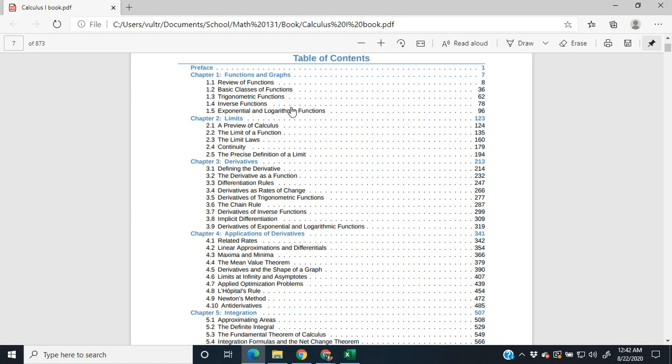The first chapter and the first unit is functions and graphs. This is really just a review of algebra, so make sure that if you're struggling in anything on those, you go grab your algebra book and take a good look at it, because there's a lot of algebra that's going to go forth in calculus. Much of what you do in calculus are algebra steps as opposed to calculus steps.